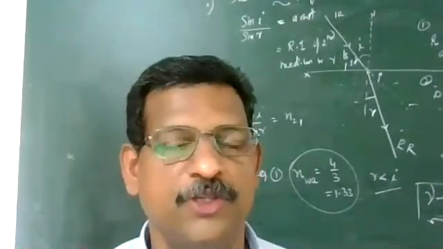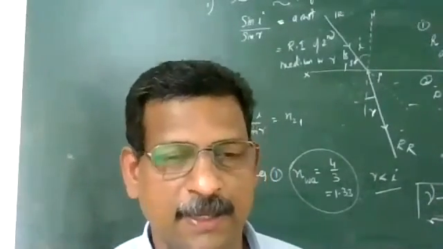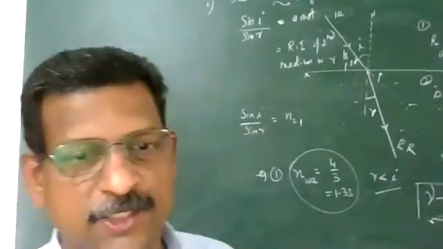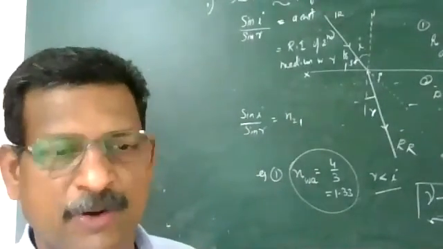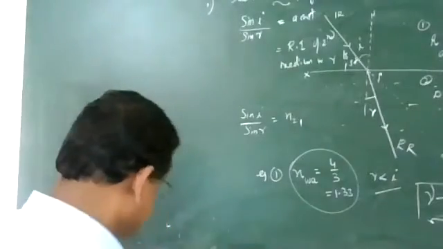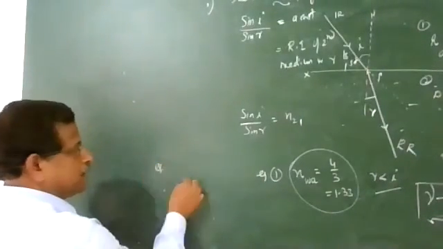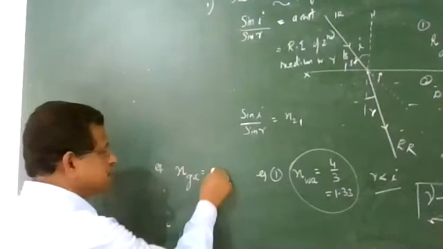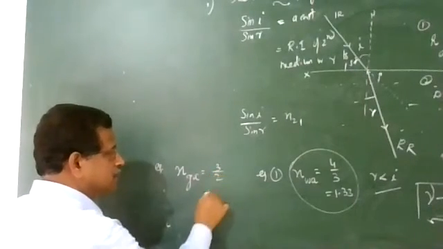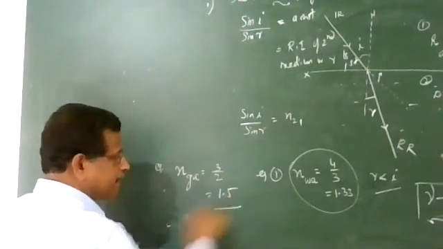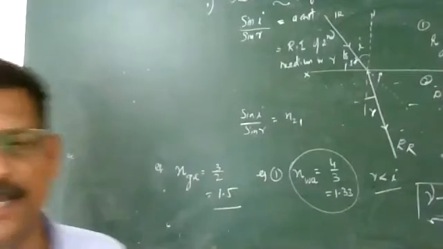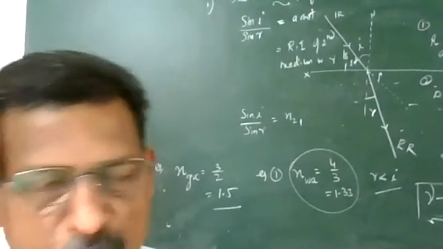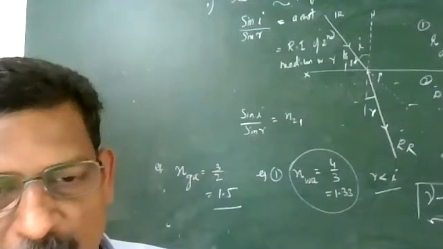1.33, that is 4 by 3. When light is going from air to glass, so the refractive index of glass with respect to air, these are common values. You have to learn them. So example number 2, the refractive index of glass with respect to air is usually 3 by 2, that is equal to 1.5. Usual values we take as 3 by 2, 1.5, easy for calculation. It may be 1.52 also, no problem. So these are the two common values.